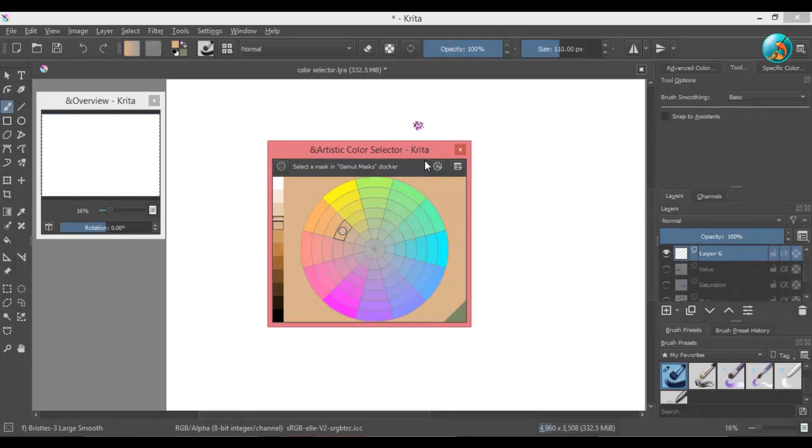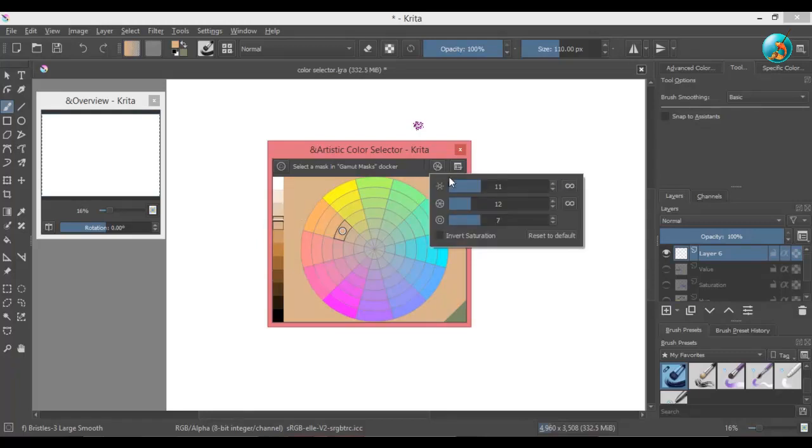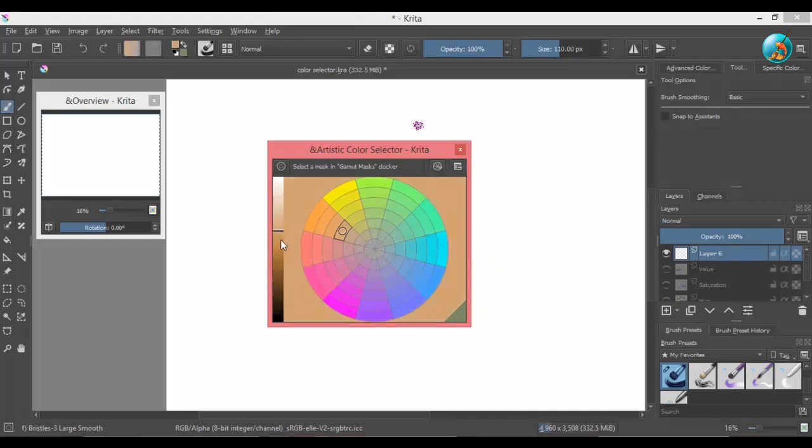To change color wheel preferences, click on this icon. At the moment the value scale has 11 steps. You can increase or decrease it from here. If you click on this infinity icon, it will turn it into a continuous scale, and then you can use this slider to adjust the value.